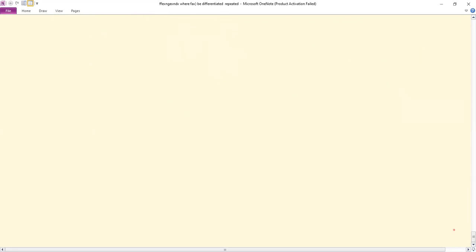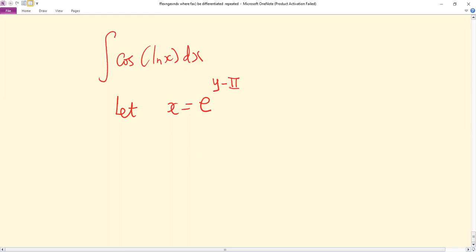So in the first one, integral of cos ln of x dx, we say let x be given by e raised power y minus pi over 2. So we make this substitution so that